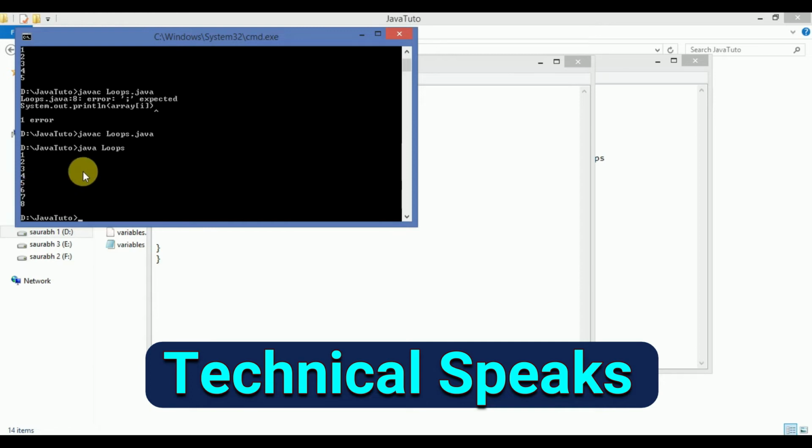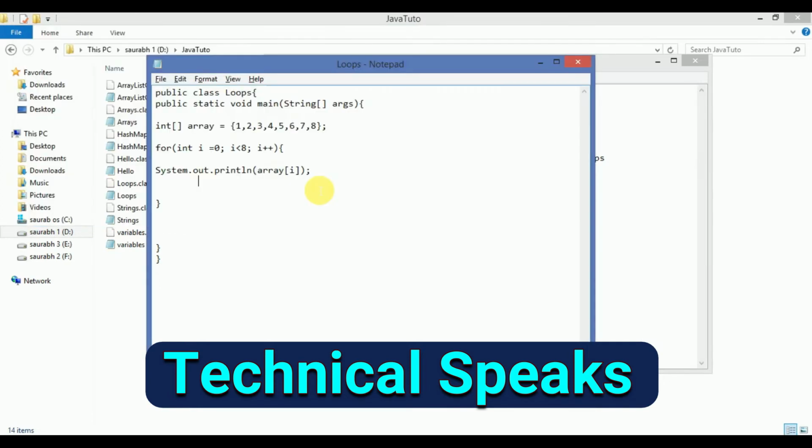Now simply try to understand what's going on in this loop. So i here is the index, and every time it runs it first checks the condition, just like in the first case, i is smaller than 8, obviously 0 is smaller than 8. It finds that the condition is true, so then it automatically prints the value 0. Next time it automatically increments, as you can see, we apply the increment at the end. So after the increment i becomes 1 and it again checks the condition,